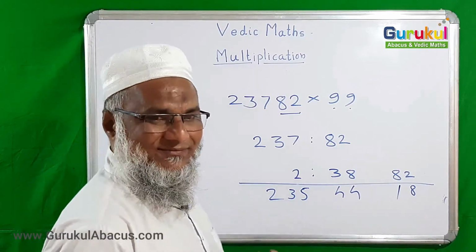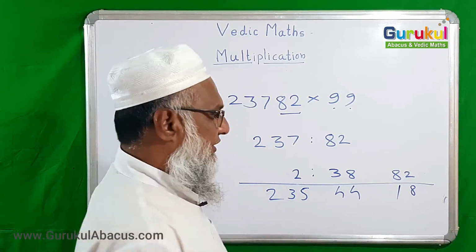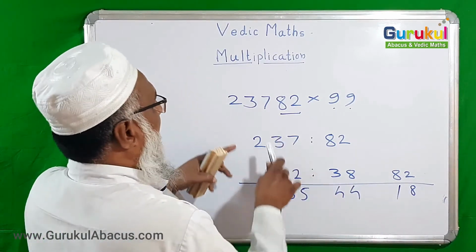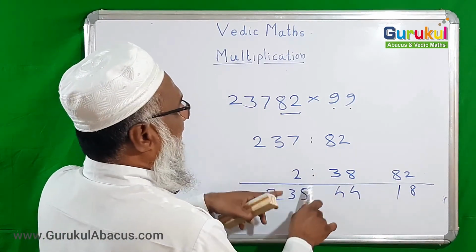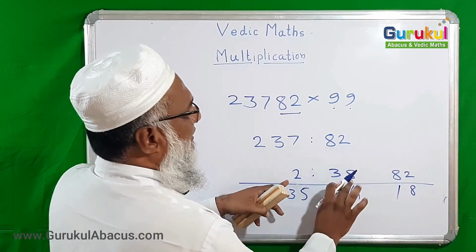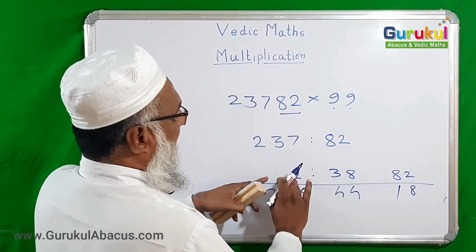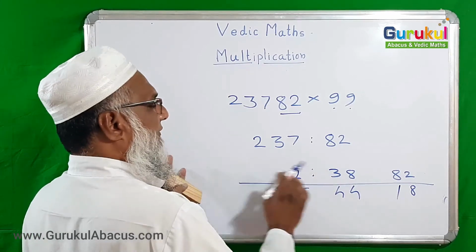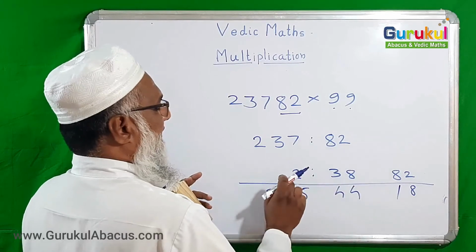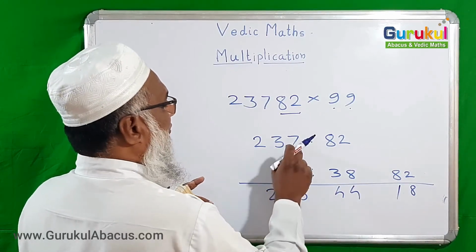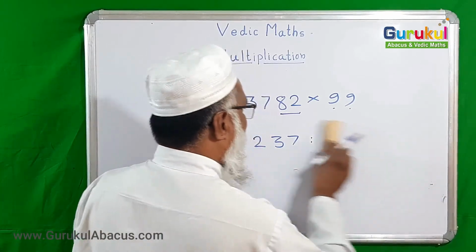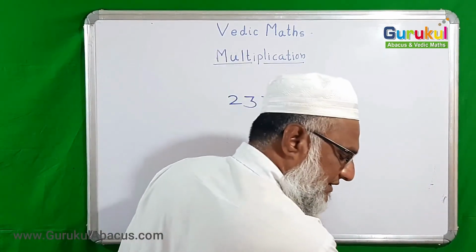This is our answer. Here what did we do? Just a key point to understand. Here we had got 238. Only two digits we kept below this number, and the rest of the digit we place on the left of the colon, and then that also we subtracted, and the 2 that remained we subtracted from this number to get the answer. Okay, one more example of this type we will solve, so our understanding would be a little bit more clear.